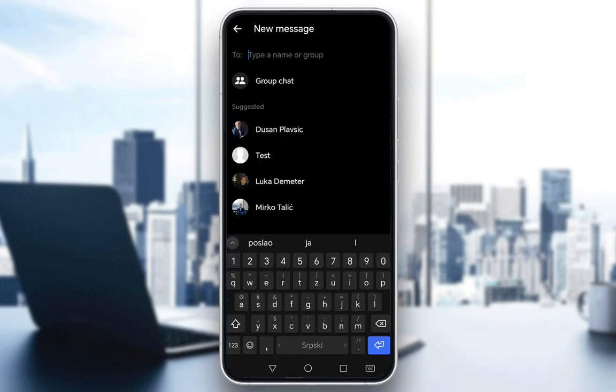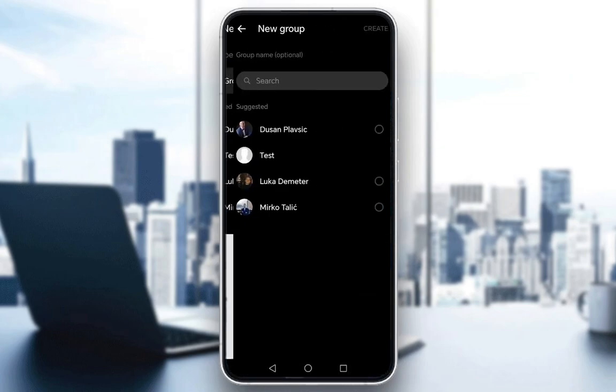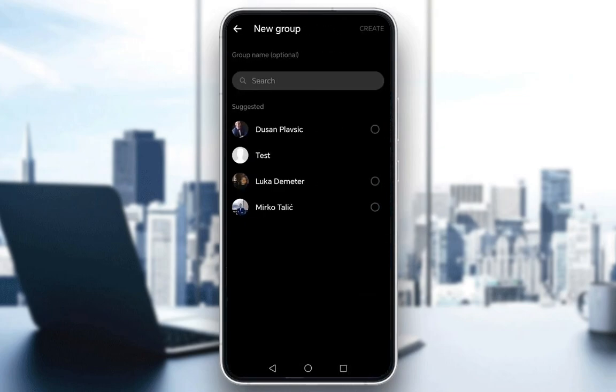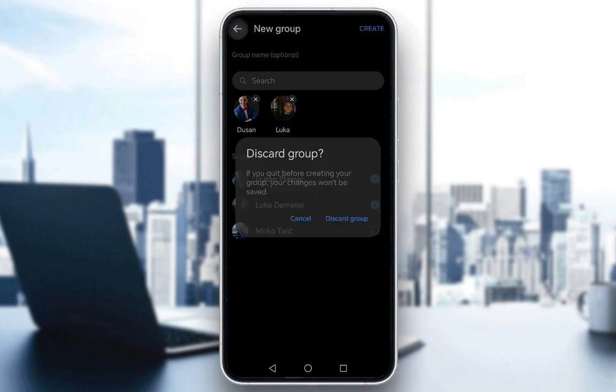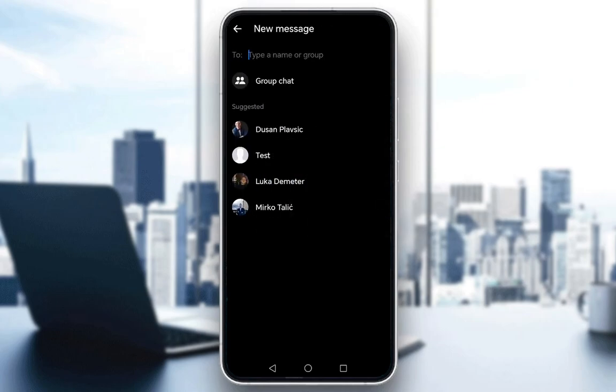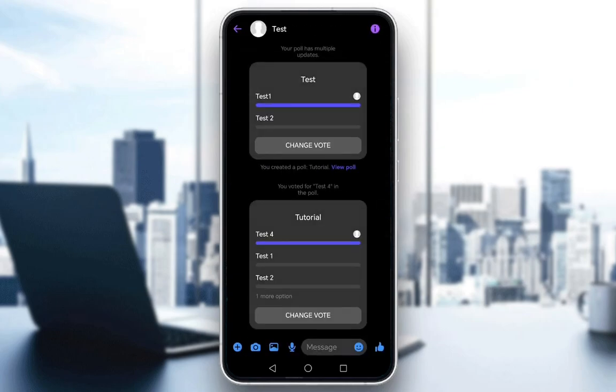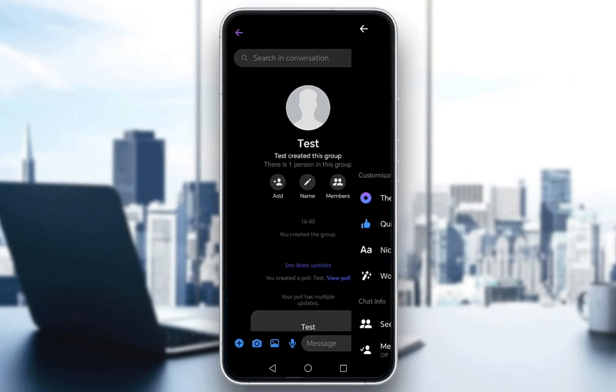As you can see, you can send a new message to whoever you want, or you can create a group chat, and then you'll need to select a name, which is optional, but you can create a name for the group chat, but you will need to select the people you want to add. Once you select the people, like so, you'll have the option to click create in the top right, and once you do that, the group will be created, and it'll look something like this,